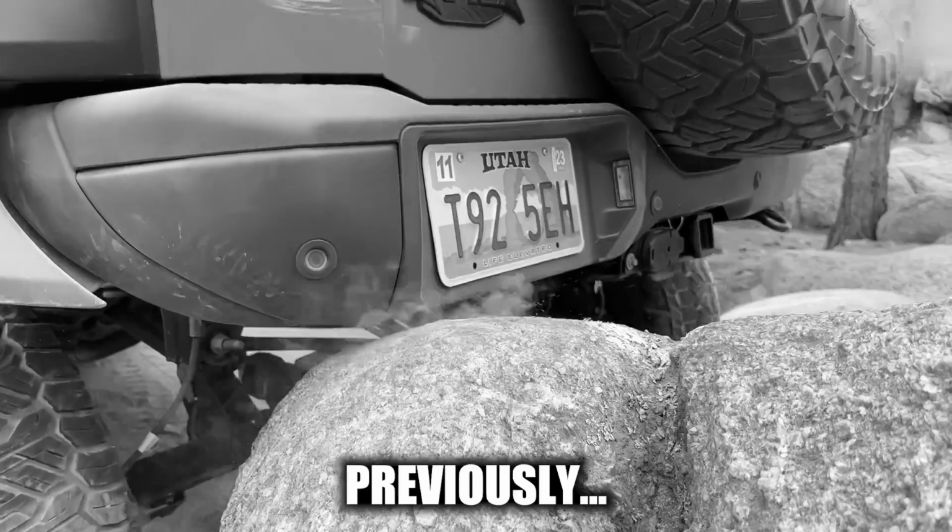We did Hackett Gulch yesterday and damaged the Bronco a lot. The Bronco needs some upgrades. We're gonna go over the trail damage real quick on the Bronco, and then we're gonna start the trail we're doing today, which is Hackett Gulch and maybe even Longwater Gulch, depending on when we get done. I kind of hope we make it to Longwater because, for those of you that don't know,